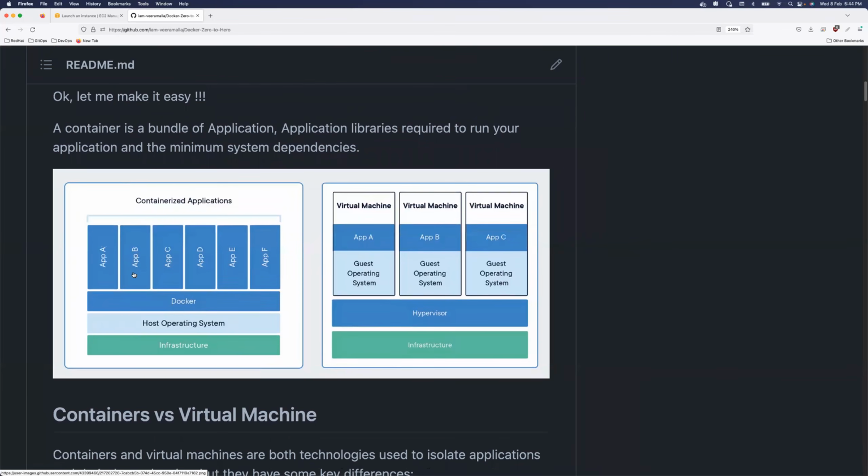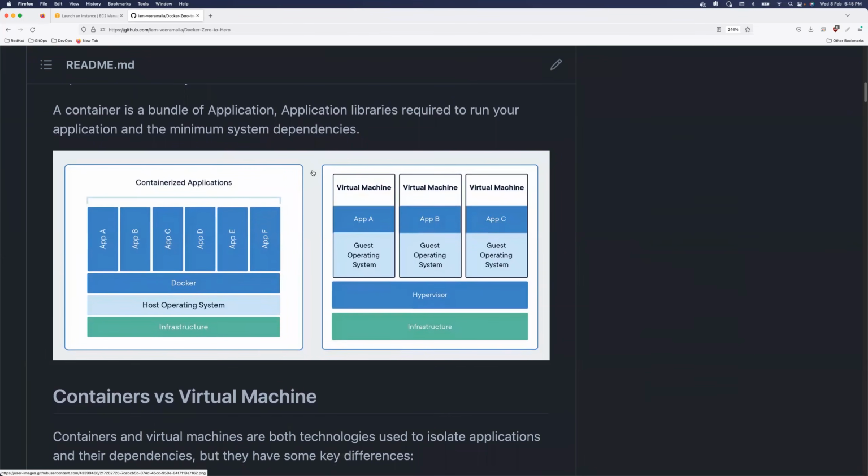But the main and primary reason is that, like I always tell you, a virtual machine, whether it is an EC2 instance that you're creating or a virtual machine that you have created on top of a hypervisor, has a complete operating system, a full operating system, or the guest operating system, because of which they are very heavy in nature. Let's say you create an EC2 instance. Whether you use it to the full extent or not, you still have to pay money to AWS or your cloud provider. On the contrary, containers are very lightweight in nature.